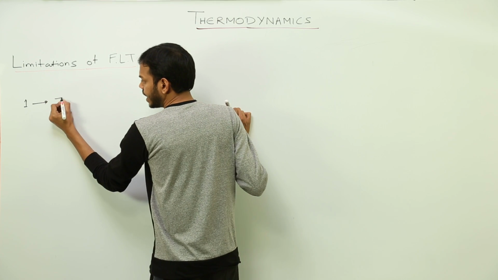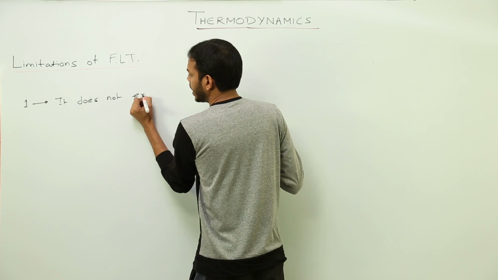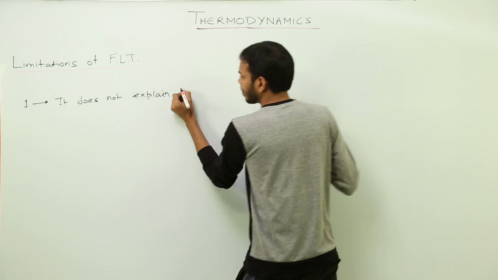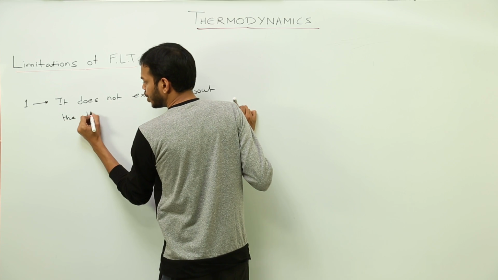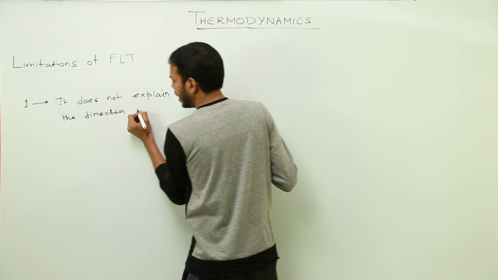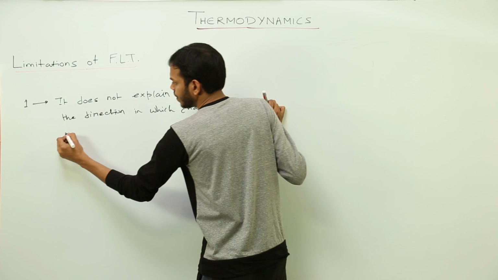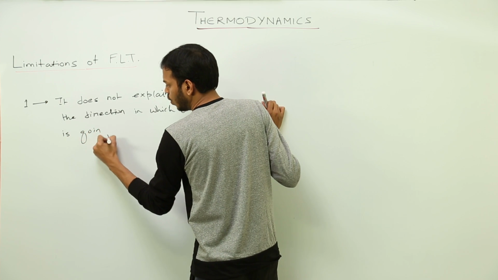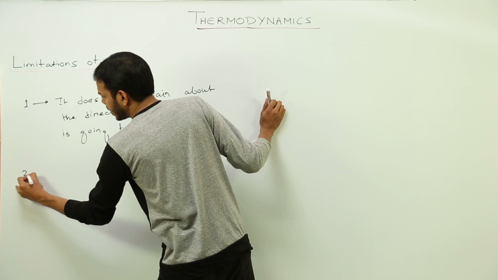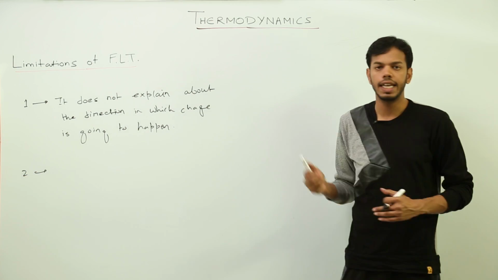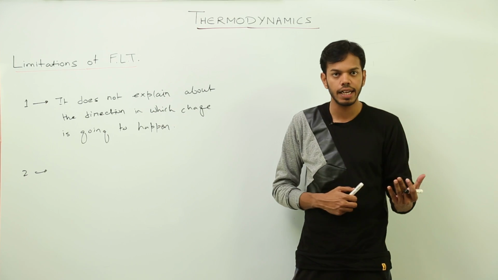So I have to write it all. It does not explain about the direction in which change is going to happen. And the second most important limitation of FLT is that it also does not explain the extent